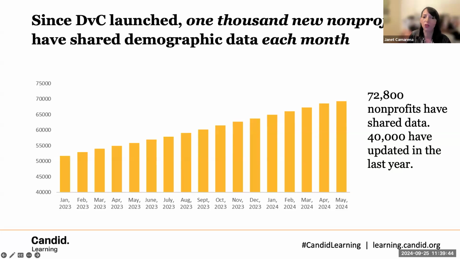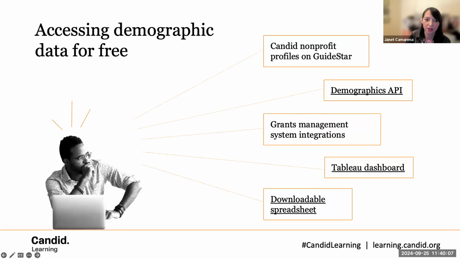For example, this data will be helpful next year when Cal Nonprofits conducts its Causes Count report, because they'll easily be able to access demographic data freely on California nonprofit demographics and analyze it for the report. So that will save you time in having to report to multiple different places about your demographics, just as one example. And because of that power of multiple actors using it, we are committed to making this data available for free in a number of ways to partners and to the field. So let's briefly look at that.